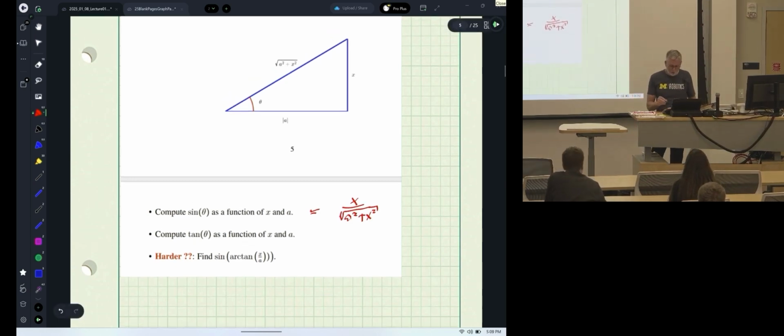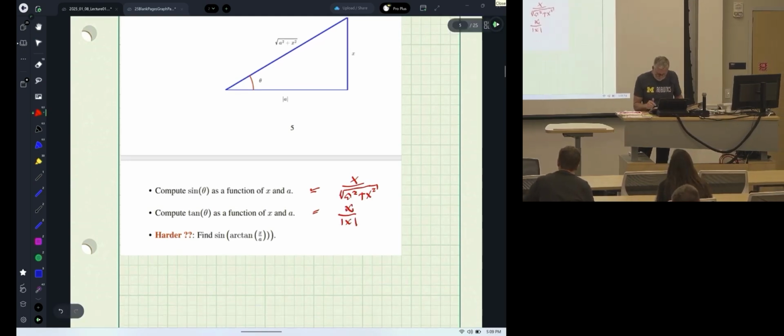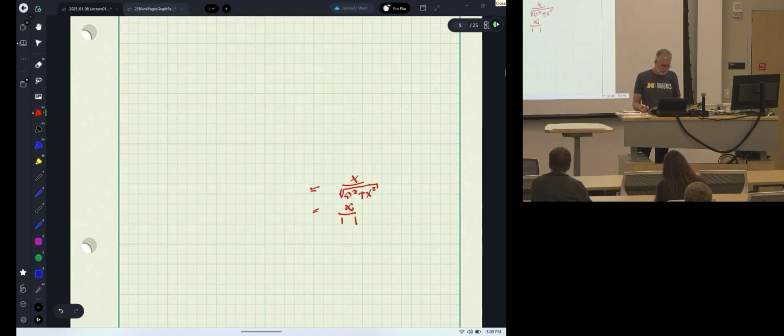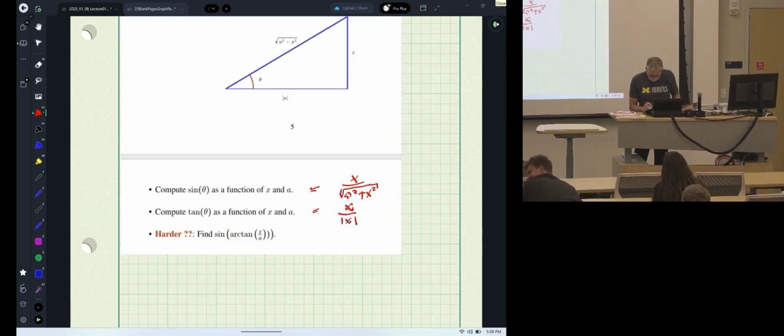So it's opposite over adjacent. So it's x over absolute value of a. Whoops. Go back. But this is x over absolute value of a. Sometimes my hand is not connected to my brain. Probably never happens to you guys, right? You're young and perfect and everything. Okay, now,